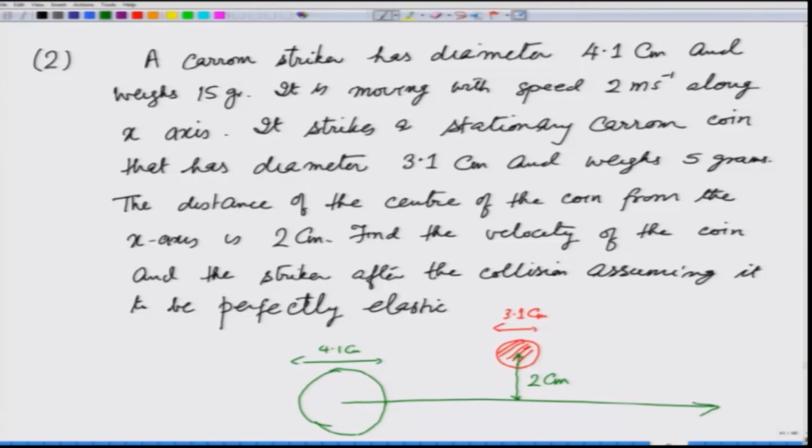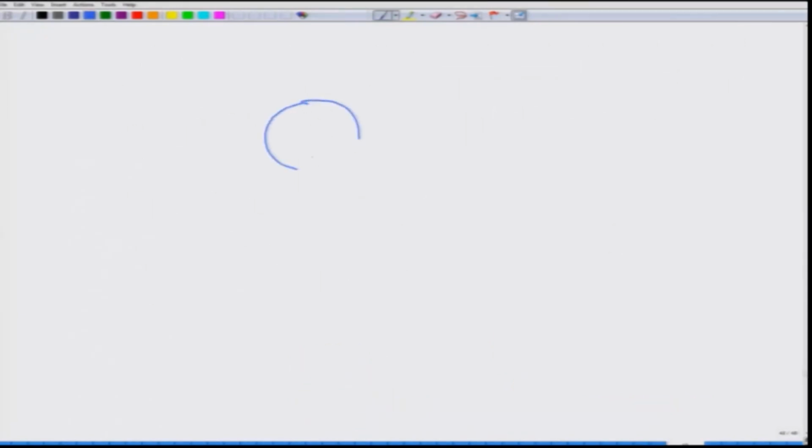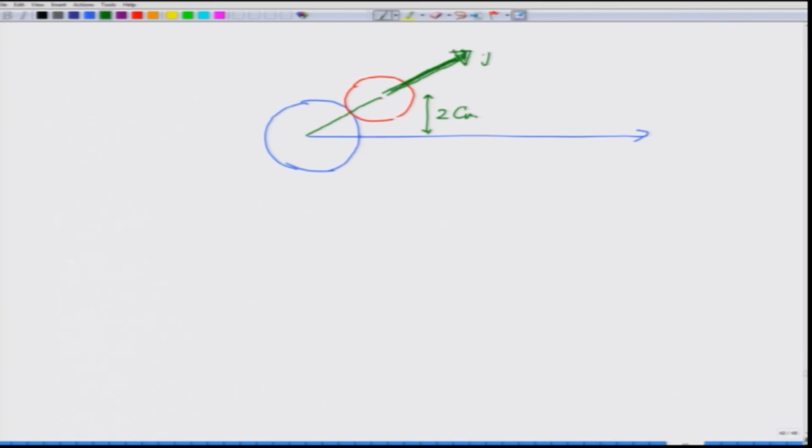So, what happens is, when this striker strikes the coin, the striker was moving like this. The distance here is 2 centimeters. There is going to be an impulse on the coin in the direction shown by green. And since the coin was stationary to start with, it is going to move exactly in that direction. So, it is going to move at an angle theta from the x axis in the direction of this impulse,